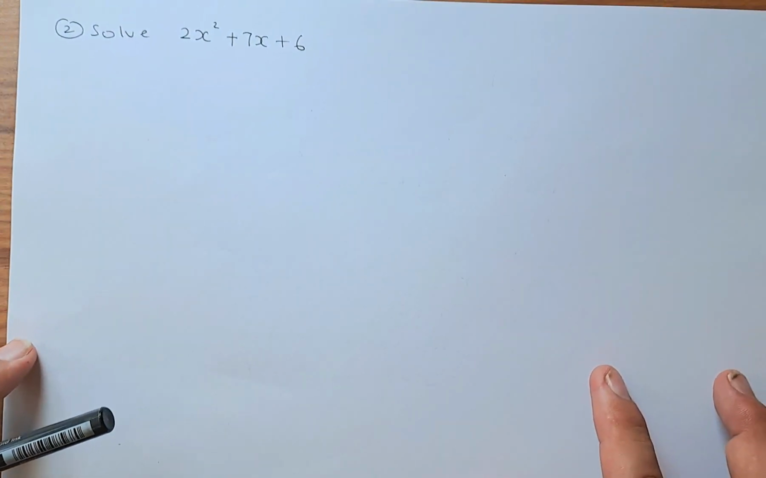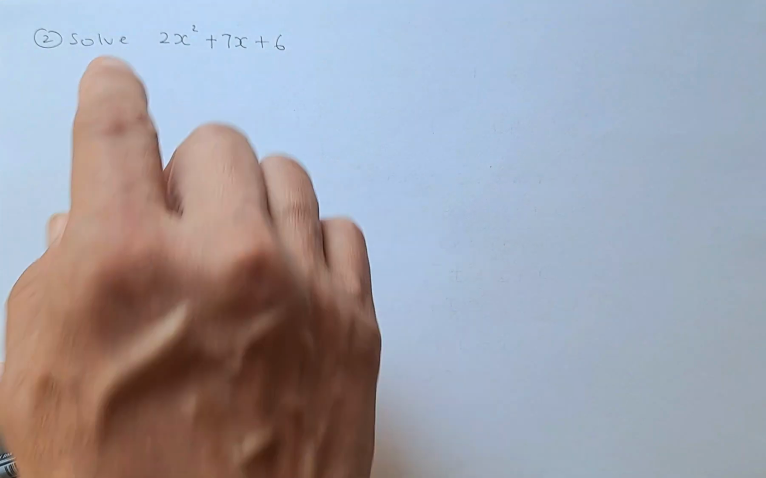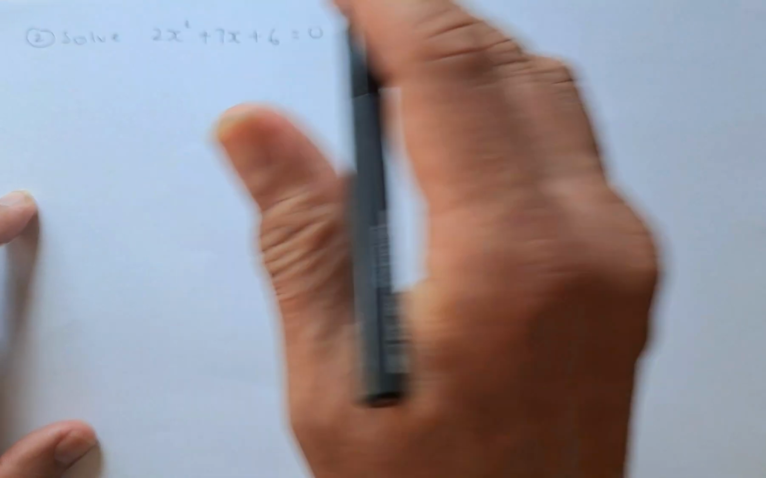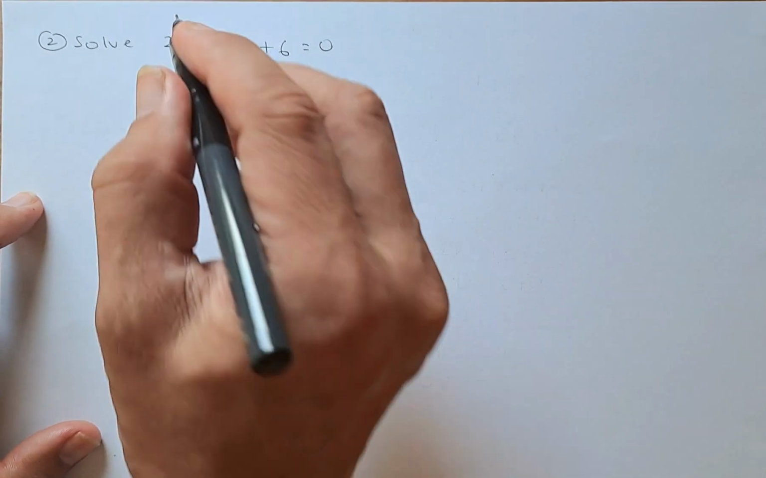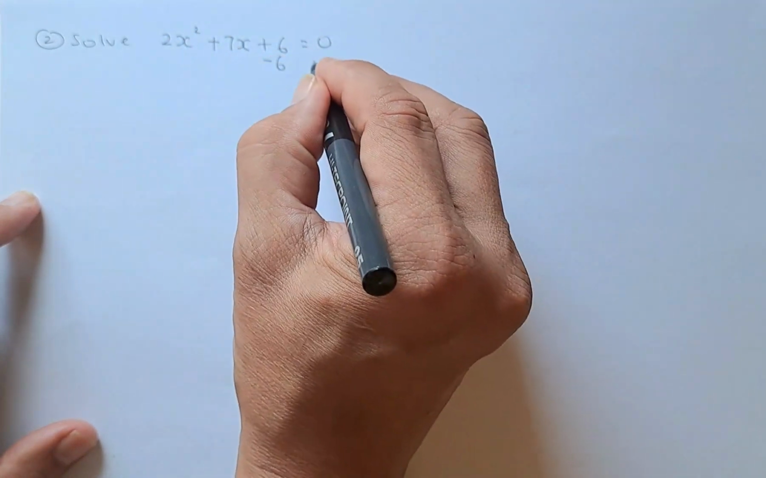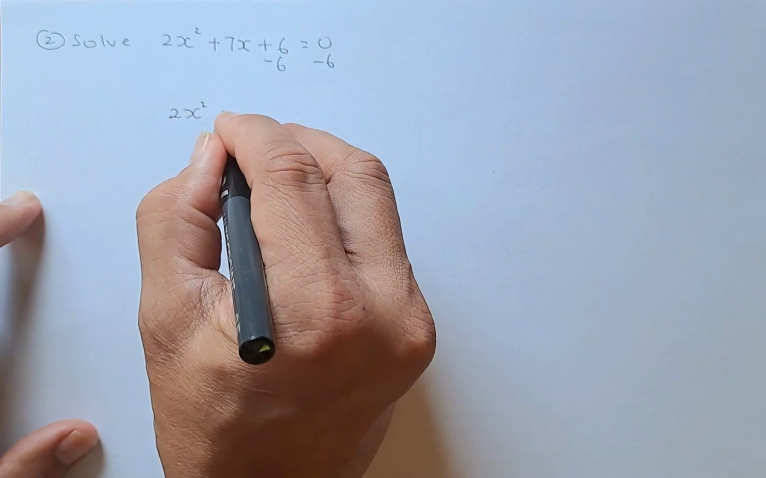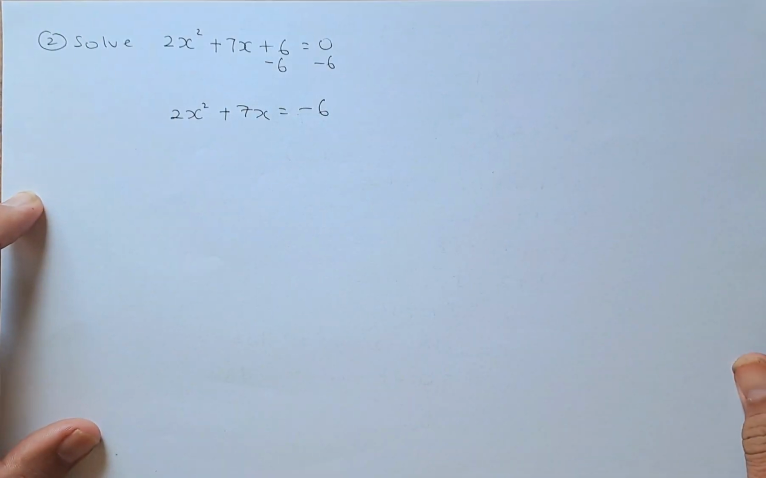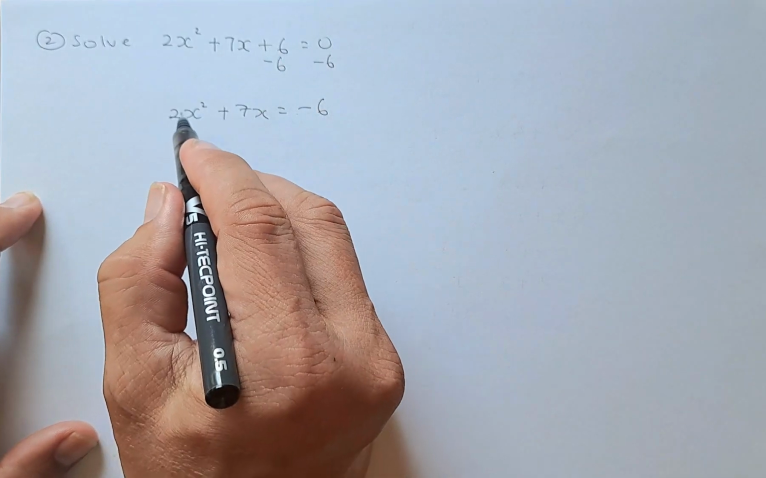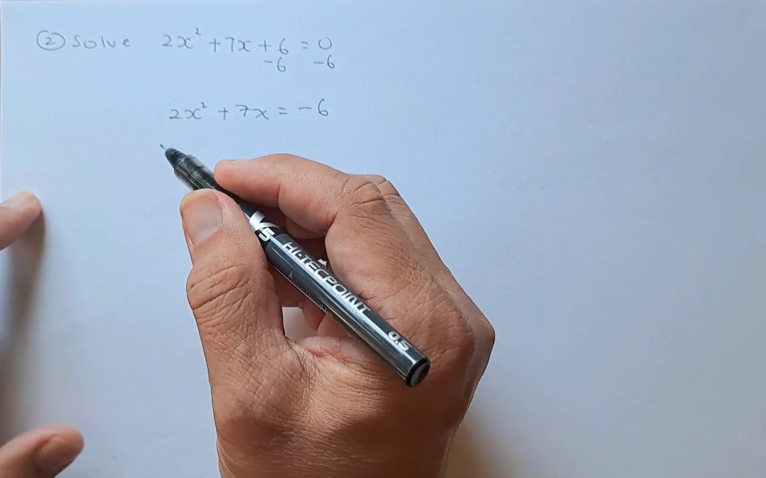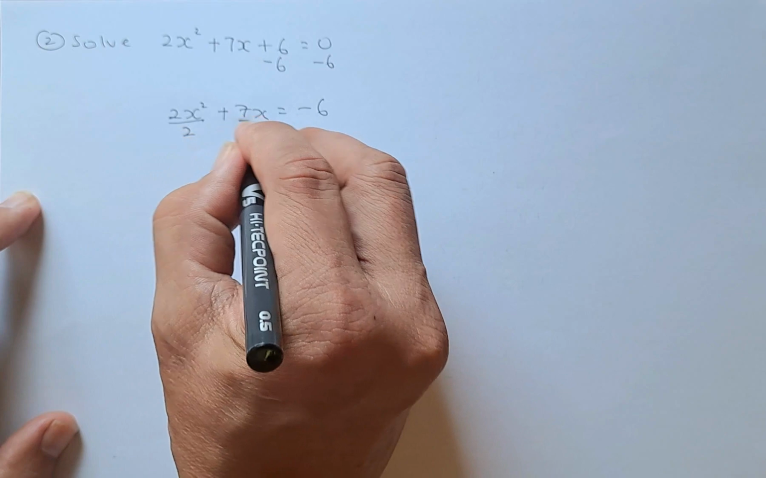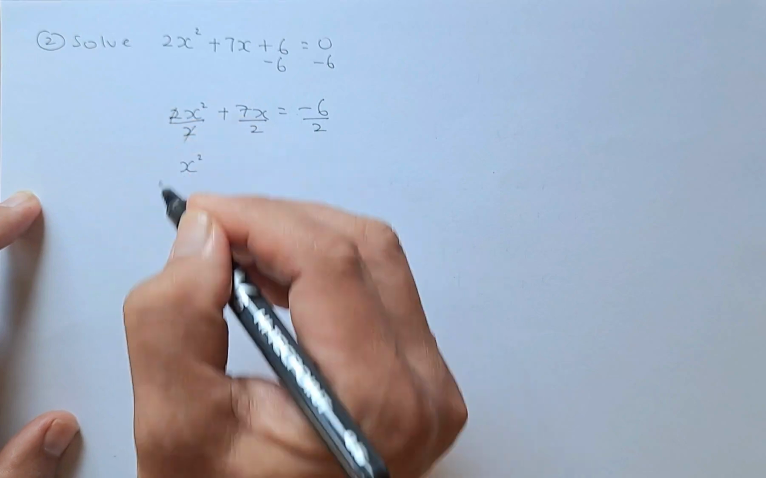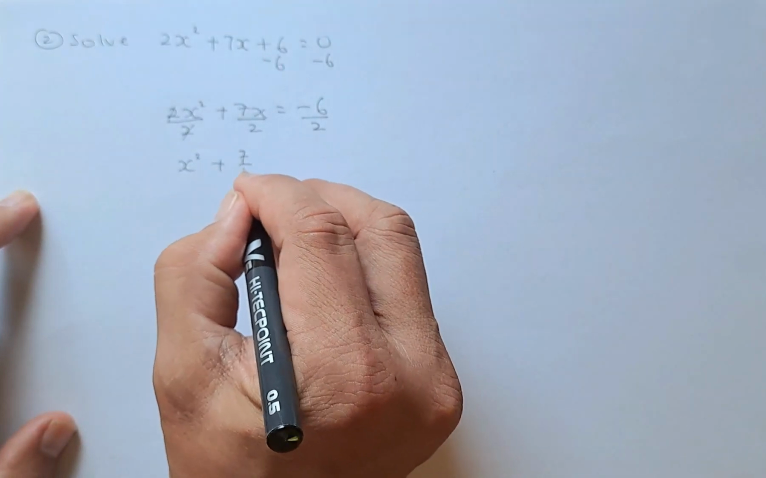Now we are going to solve when the coefficient is no longer 1. The first thing, as usual, is to put the constant on the right hand side. So you minus 6 on both sides. So it will be 2x squared plus 7x, this will cancel out, equals minus 6. Great. Now you must make the coefficient of x squared 1. So you divide by 2 across the board. 2 divided by 2, 7 divided by 2, and minus 6 divided by 2. And the equation now becomes x squared, because 2 divided by 2 cancels out, plus 7 over 2 x